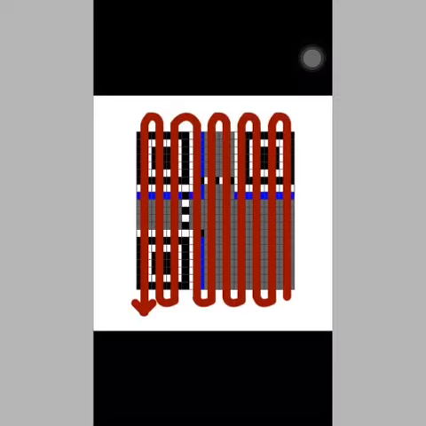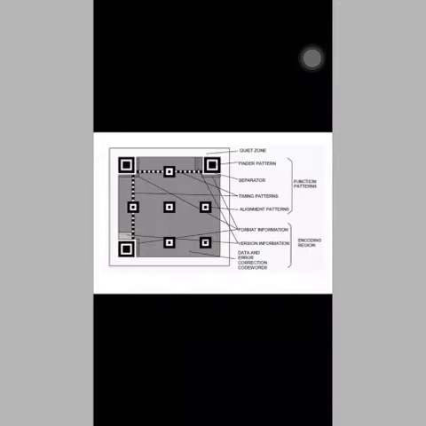The number of rows and columns of modules is determined by the version number. A QR code has an equal number of rows and columns of modules, that is, it is square shaped, but a QR code cannot have any number of rows. The number of rows depends upon the version of the QR code. For example, version 1 has 21 rows and 21 columns of modules.